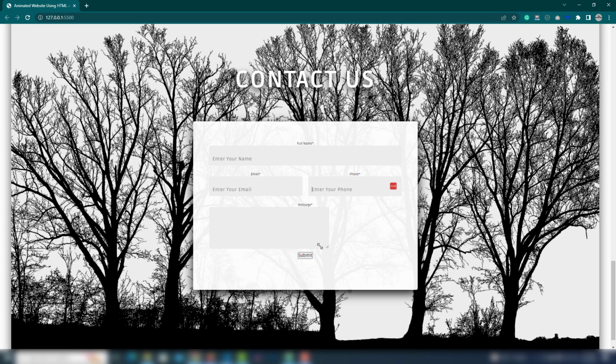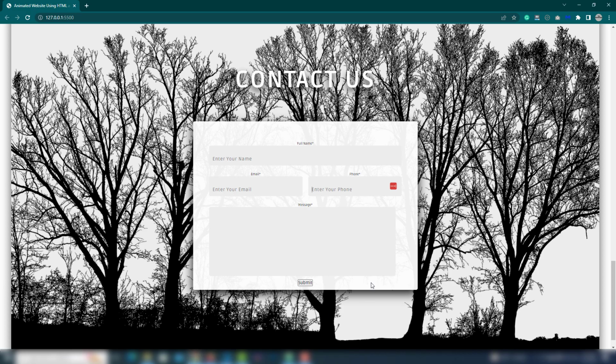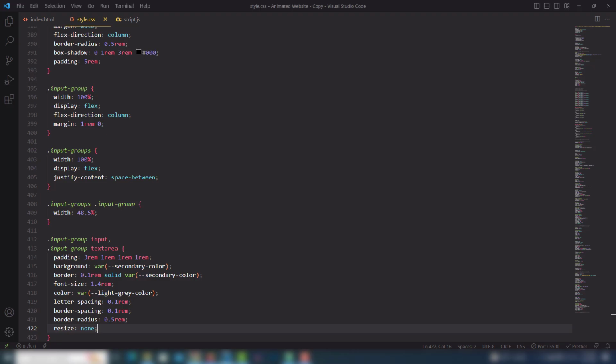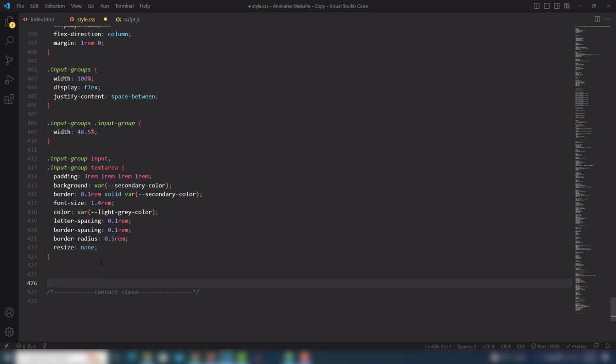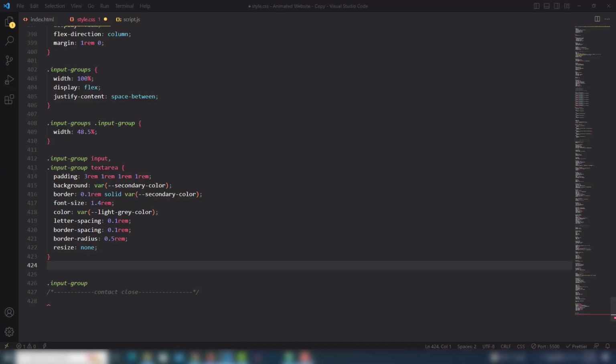But I want to fix this one, so I need to use resize none. So look at that, I can't resize it right now, right? So let's use input group, and this will be input group, yeah, text area 1rem. Okay, I will fix it, but this time when I leave I will add that on later. Alright,